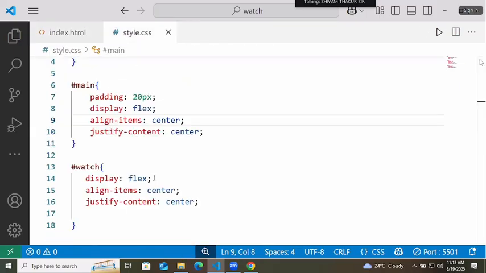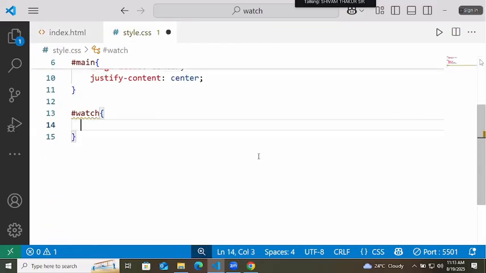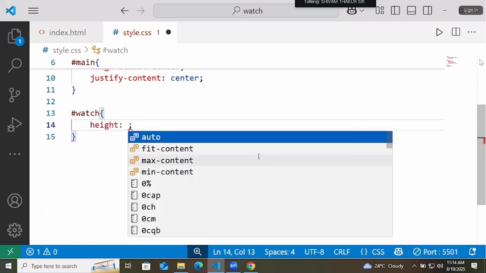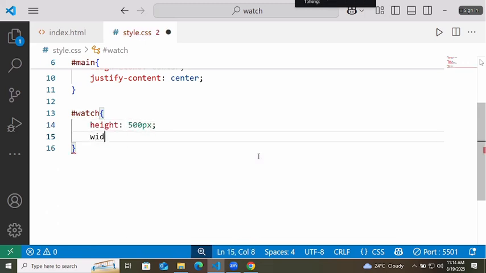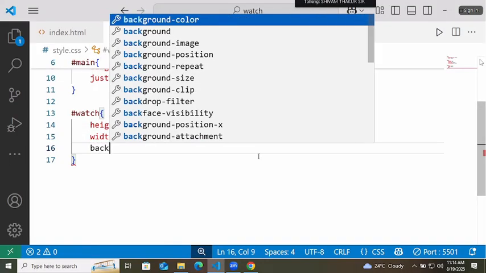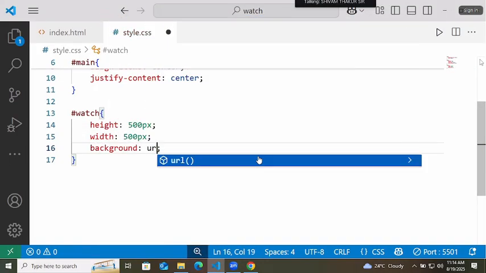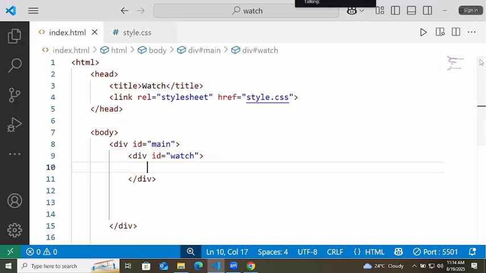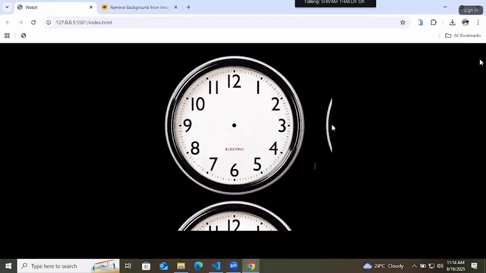To this watch div, I will give a height and width of 500 pixel, 500 pixel. And to this, I will set the background URL clock.png.